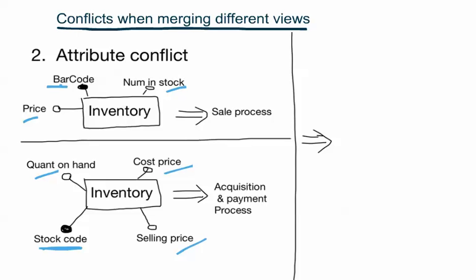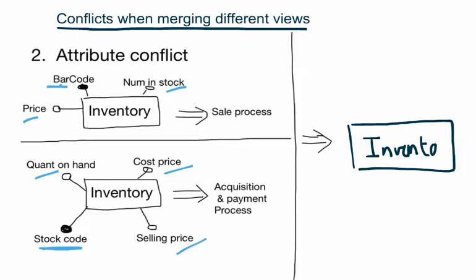The solution for this is called a set union of attributes. So the two teams will have to come together. They will have to decide on the primary key. So that's the first step. What are we going to have as the primary key for this entity? So let's say they came together and they said, okay, we have barcodes, so let's make the barcode the primary